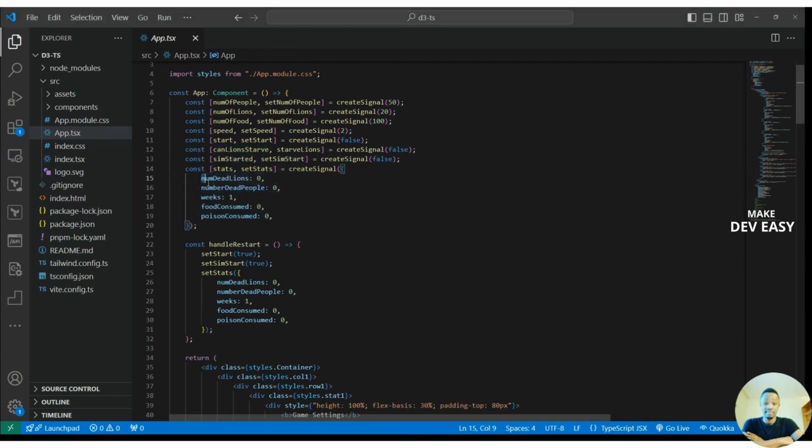So this is going to help me to track the number of this. Again, this also was helpful during debugging because I need to know what's actually happening here. So I need to know the number of deadlines, people, and the number of weeks that have passed, because the simulation is set up in such a way that after a week, I take a row. I look at the lions again, because during the course of the simulation,